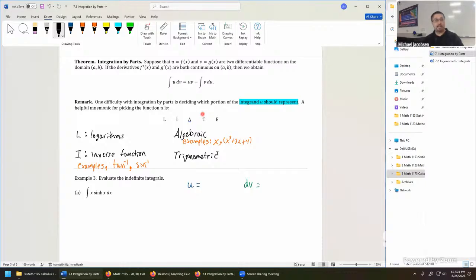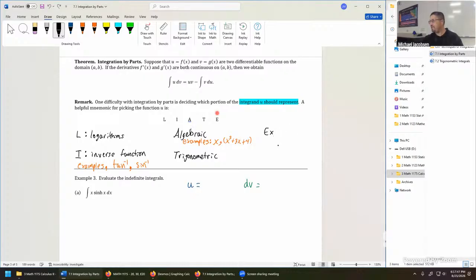Trigonometric functions like sine, cosine, even the hyperbolics like hyperbolic cosine, hyperbolic secant, and so on. If a trigonometric function comes up, but there's no algebraic, no inverse, no logarithms, then pick your U to be that trigonometric function, is what this method is saying. So we read it left to right, and finally for E, exponential,